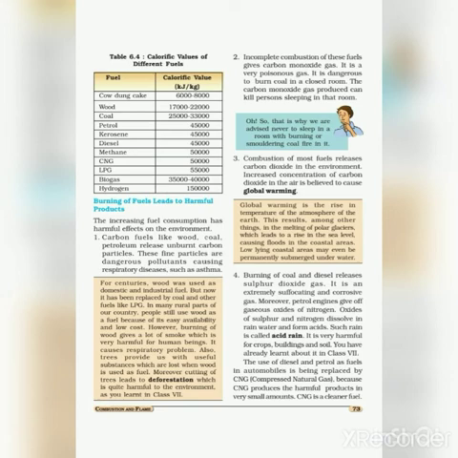Now the next point, when coal and diesel burn, they release sulfur dioxide gas. Petrol engines give gaseous oxides of nitrogen. These oxides of sulfur and nitrogen dissolve in rainwater and form acids. Such rain is called acid rain, which is very harmful for crops and monuments. It can spoil the monuments. Soil fertility is reduced. So we can reduce such fuels, and we can start using CNG, which is compressed natural gas. It's a cleaner fuel reducing the pollution.